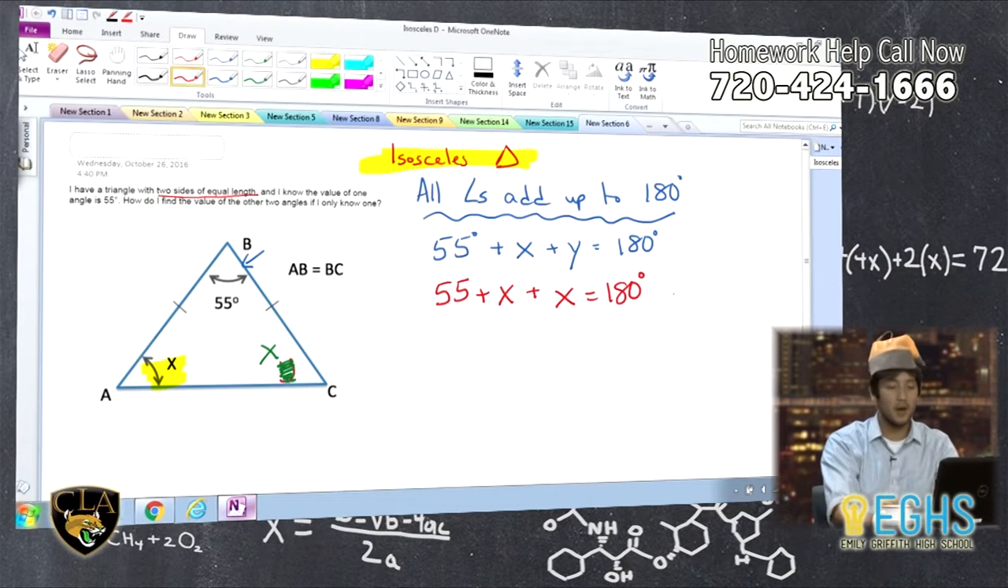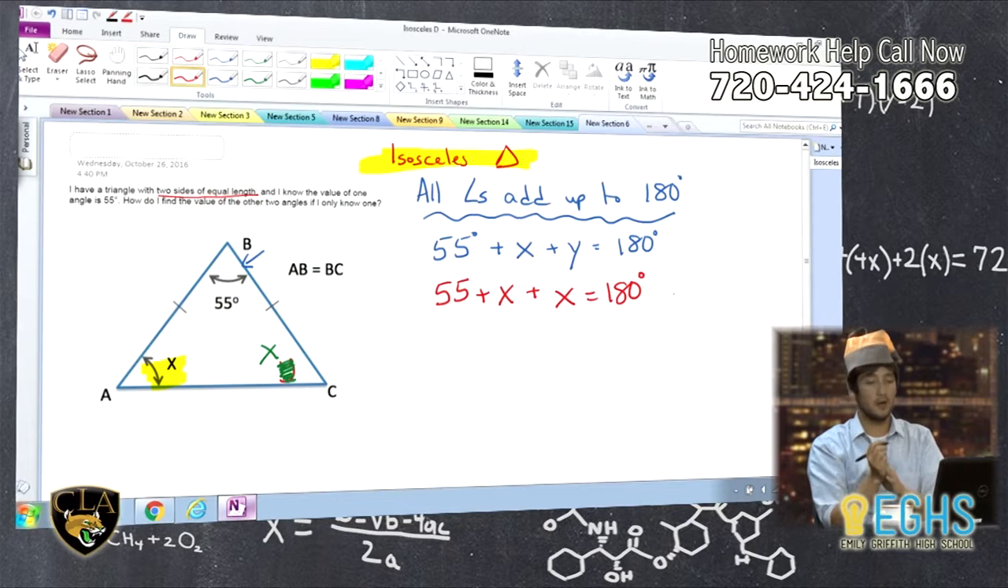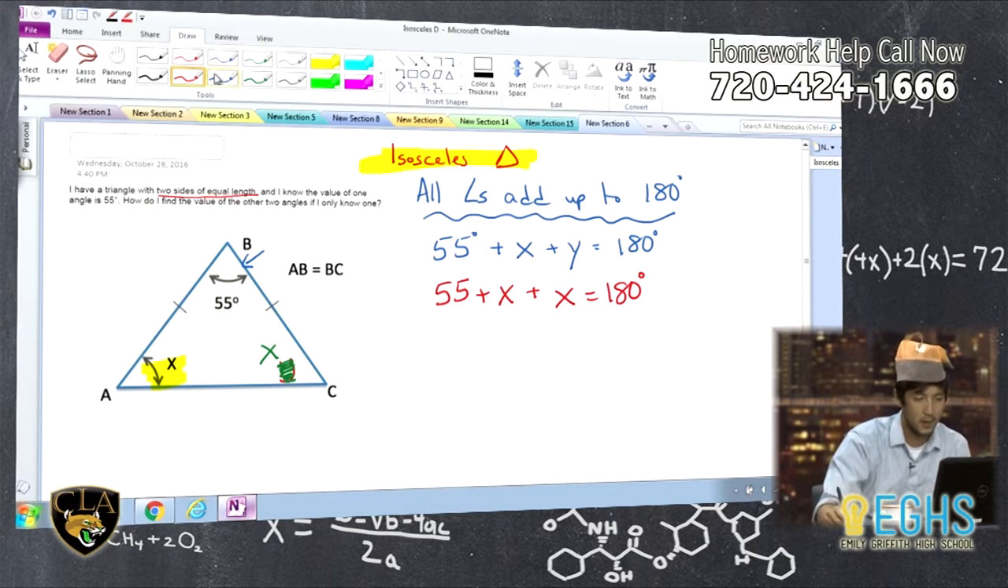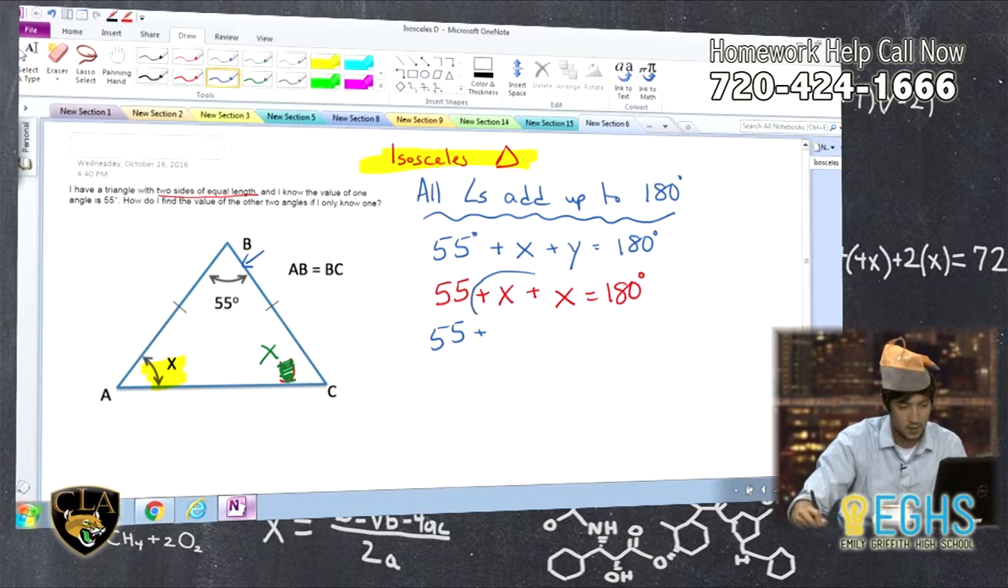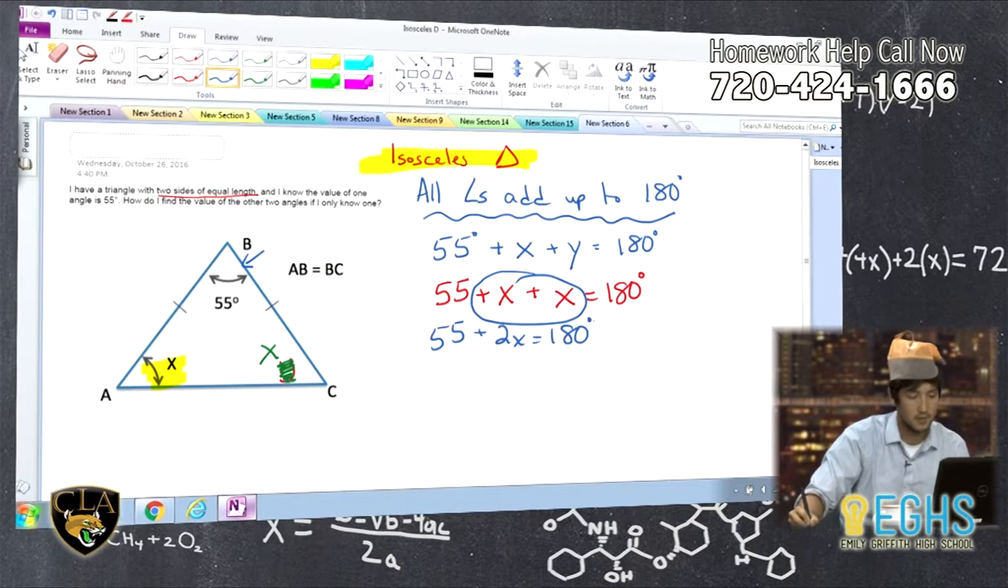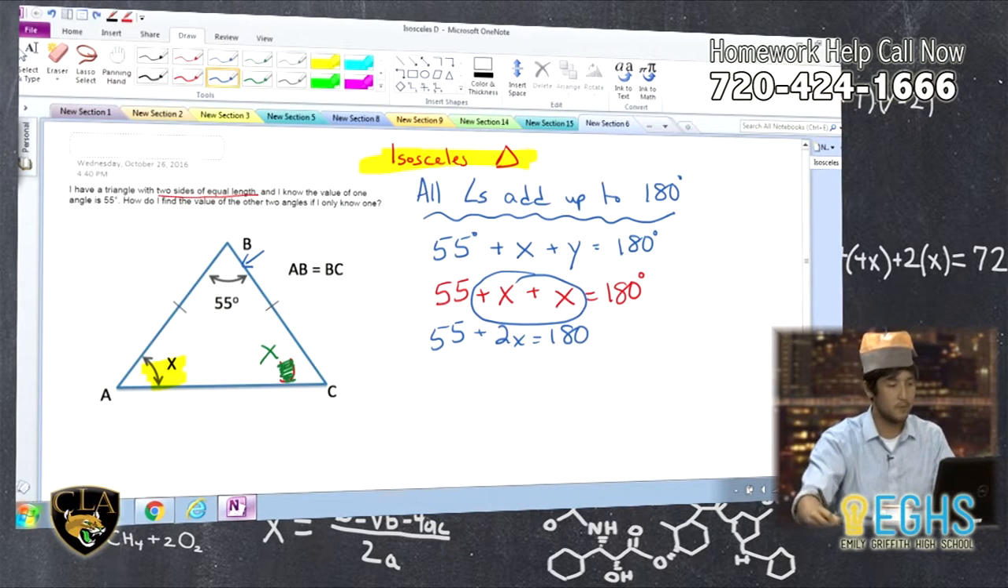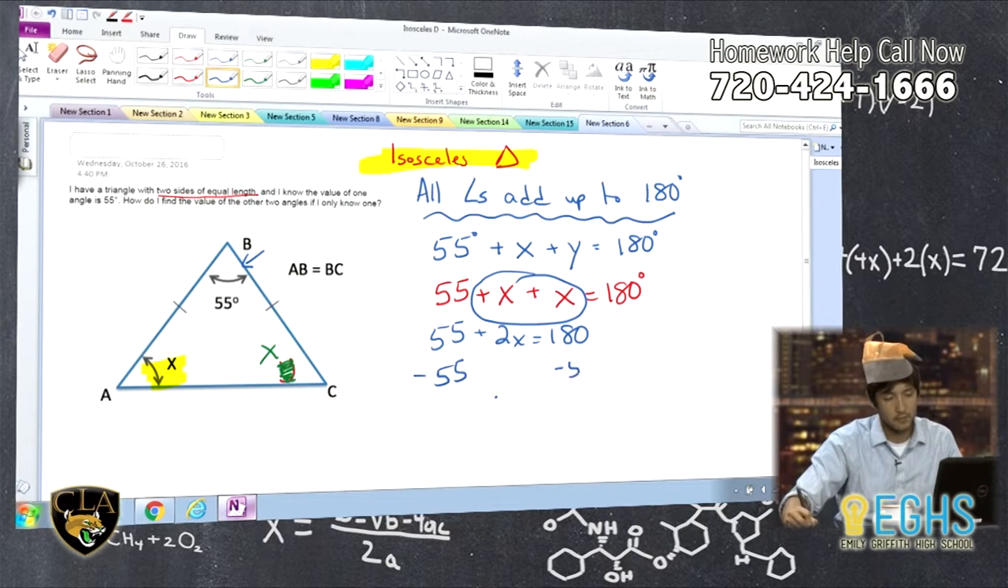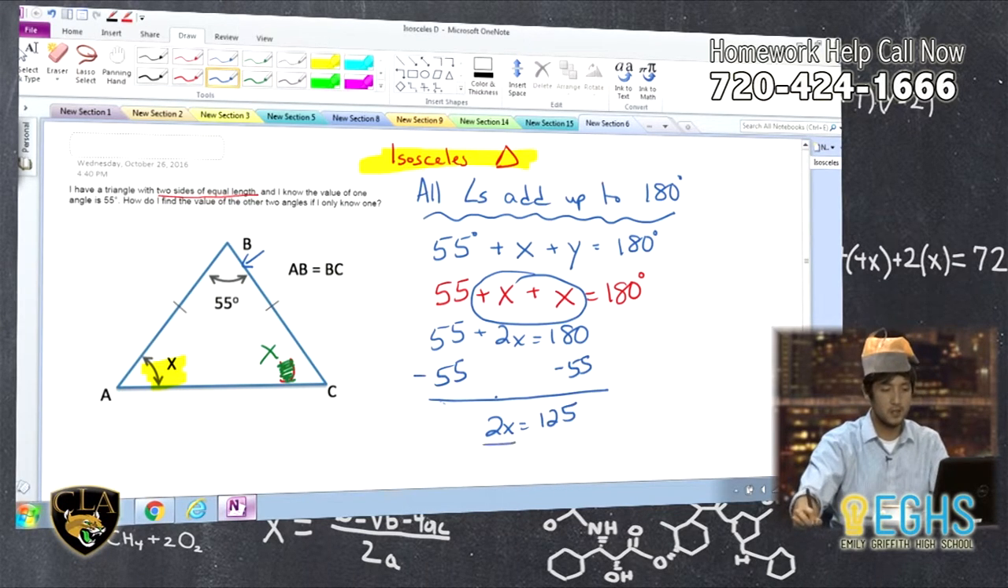Now that I have an equation set up with one equation and one variable, I can solve this. Combining my like terms, 55 plus 2x equals 180 degrees. I'm going to get rid of the degree symbol for now. Then I can just subtract 55, and I get 2x equals 125. Then solving for x, divide by 2, divide by 2. x is going to equal